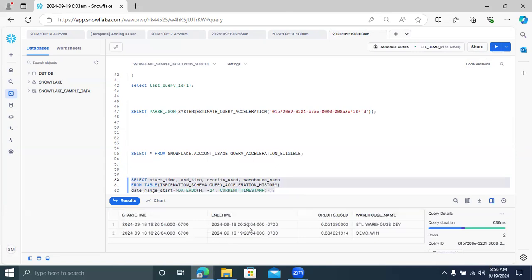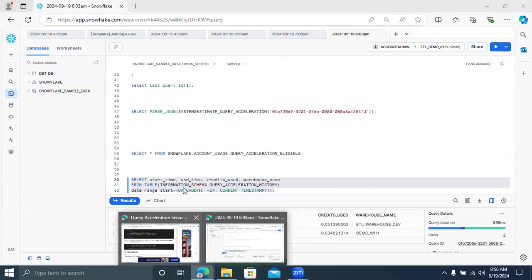You can see the start time for QAS, the end time for QAS, and how many credits were consumed, like 0.05139003, and then you can see ETL warehouse dev and demo WH1, which I have used offline. It's consuming like 0.034482. This is the start time and this is the end time for us. Now you can see the execution took 636 milliseconds. These are the results. You can see how many credits were consumed. Based on the credits, you can calculate the amount.